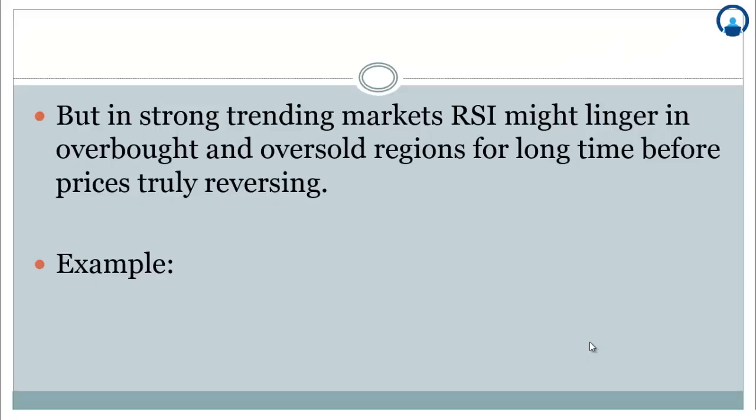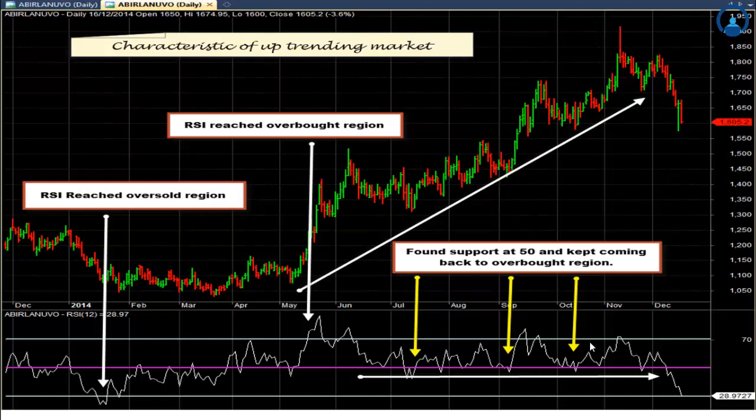So even though stochastic tends to find tops and bottoms better than many other oscillators, RSI tends to find tops and bottoms better than stochastic. But in a strong trending market, RSI might linger in the overbought zone and the level of 50 for a longer period of time before the prices truly reverse. Let's look at an example. Following is a daily chart of Aditya Birla Nuvo,